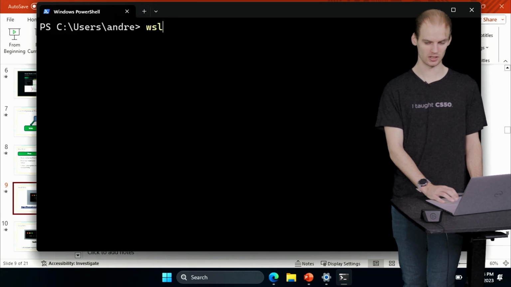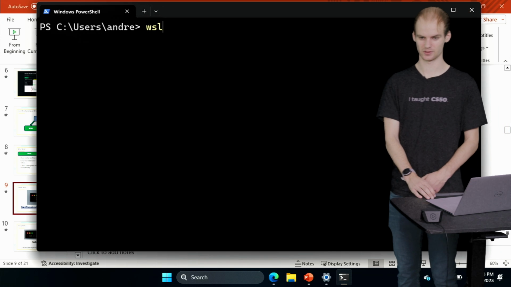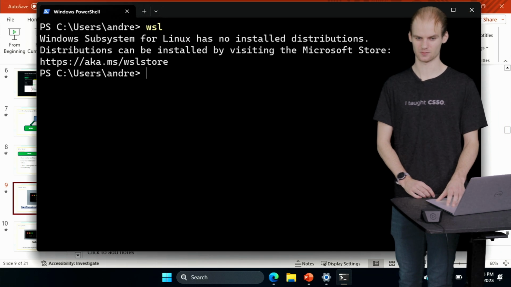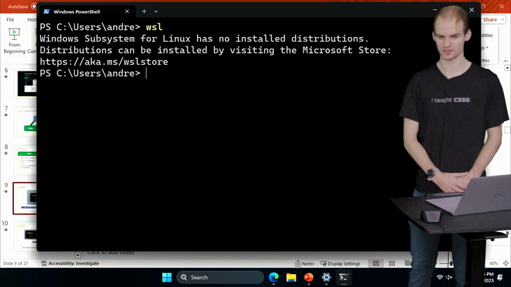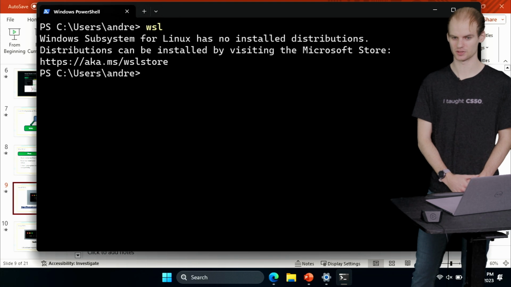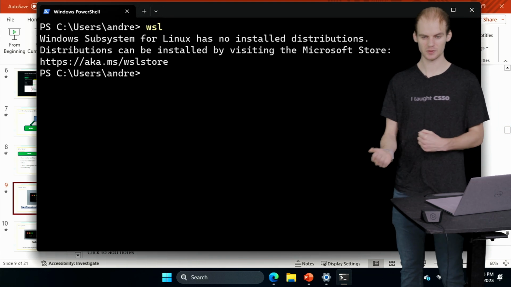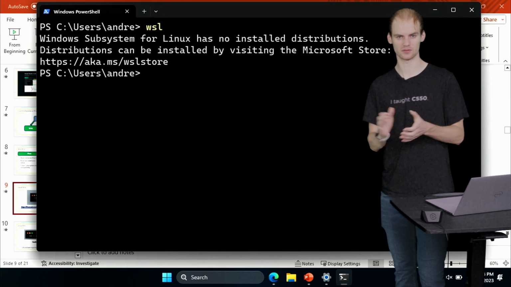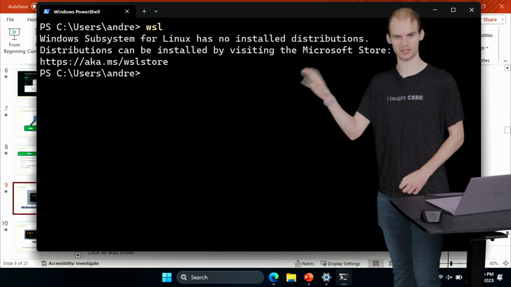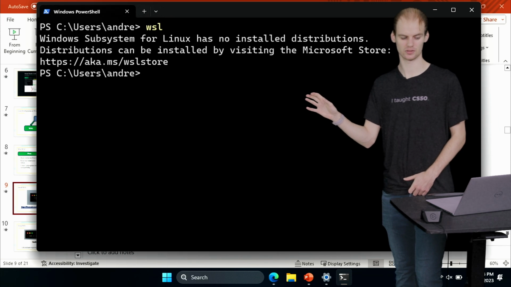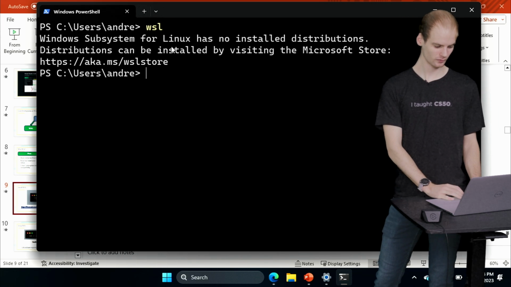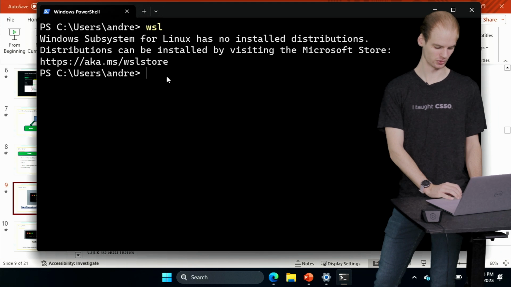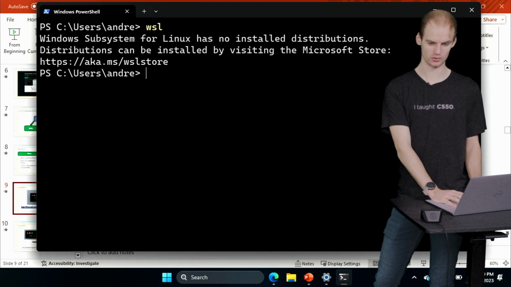If I try and run WSL, for me, I've had to cheat a little bit and remove my distribution so I can run it. It's going to say it has no installed distributions. And what this means is WSL, like the subsystem for Linux, is installed, but it doesn't actually have a Linux installation that it can use. And so to do that, you can go to one of these stores, or you can simply install a distribution. And I'm going to do that like this,